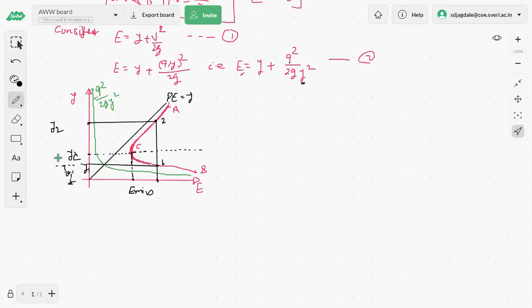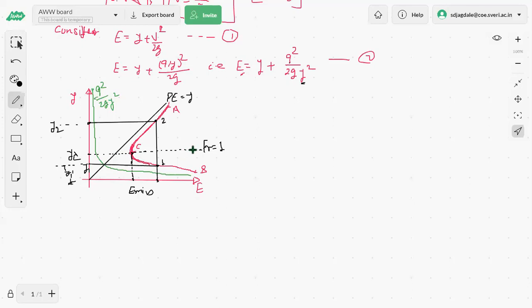Sorry, this is y1 and this one is y2. From here to hit this one. Okay, and this is a critical point. At a critical point, whatever the flow that passes is called a critical flow, and the Froude number is exactly 1 at this particular critical point.